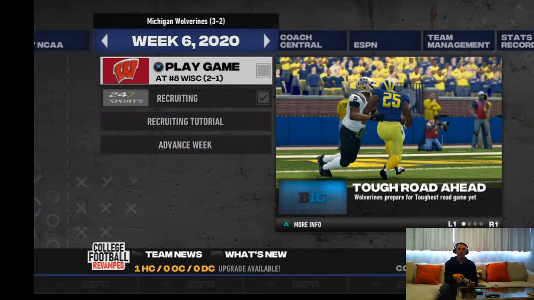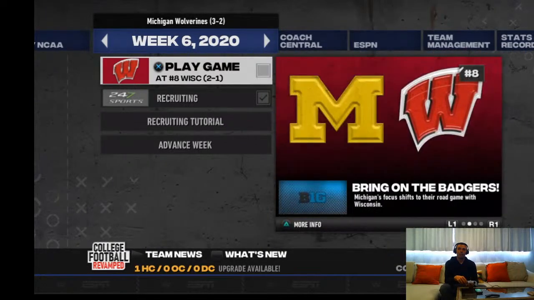So again, we are headed to Wisconsin in today's game. It's at Wisconsin. They just lost to Ohio State. They were ranked number 3. They are now number 8. So, it's either going to be a case of them turning it around or Wisconsin losing twice in a row. It's going to be a tough game though. And so again, we will be heading there.